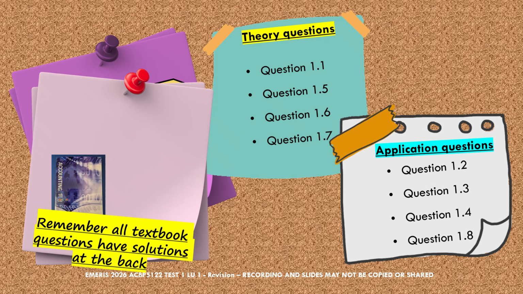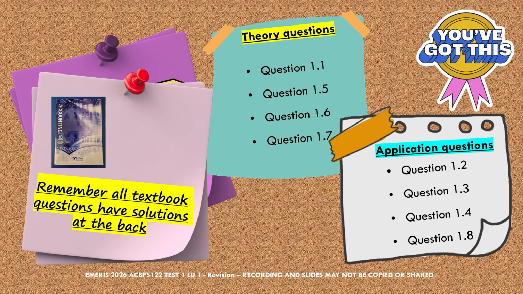And just a quick reminder that when you look at the back of your Accounting 1B textbook, you will find the answers to all these questions. So even if you didn't cover them all in class with your lecturer, you do have access to all the correct answers at the back of the textbook. And also at the very, very back of the textbook, there's Annexure B, where there are some more practice questions and solutions for you.